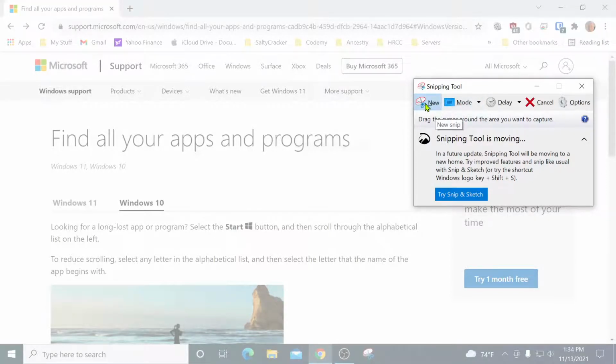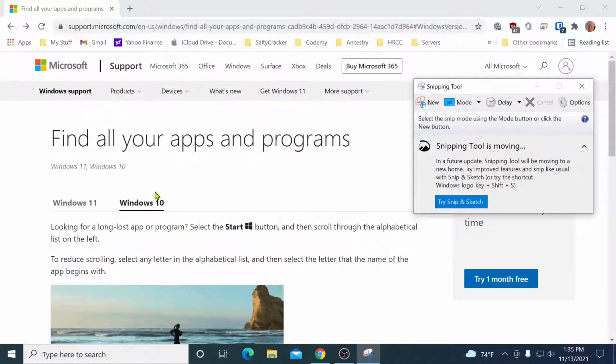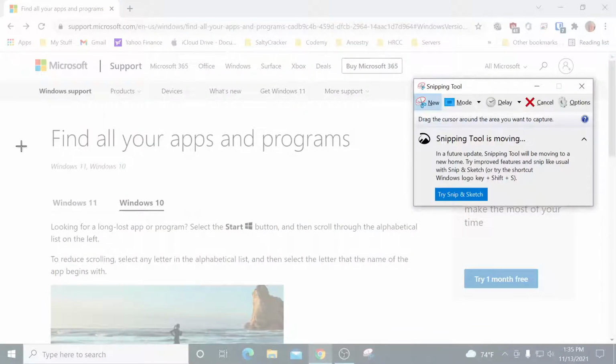I'm going to click snip, new, and you notice I had to hit it twice for some reason. You notice it comes up to a cross mouse cursor. So what you can do is set this at the top left or bottom right, if you want to go that way, of the item you want to snip,